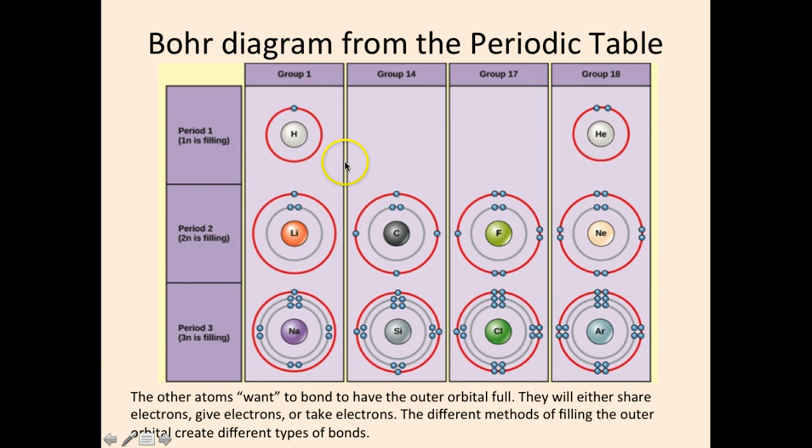And what the other atoms, all of those not in group 18, are going to anthropomorphically want to do is they're going to want to bond. They're going to want their outermost orbital to be full, either by sharing electrons with another atom, giving the electrons away, or taking in their electrons. Now, of course, if they give or